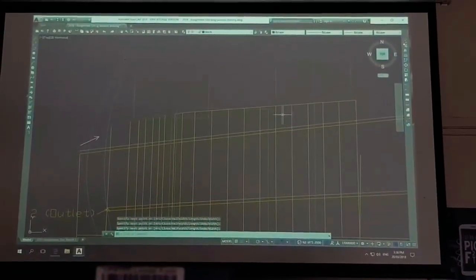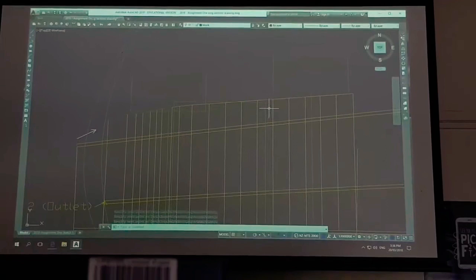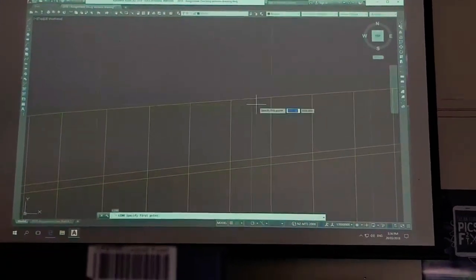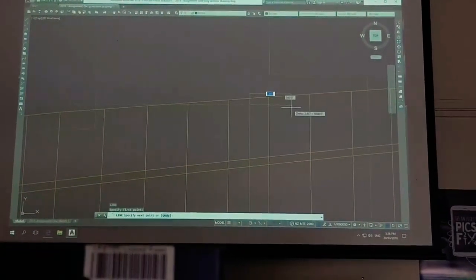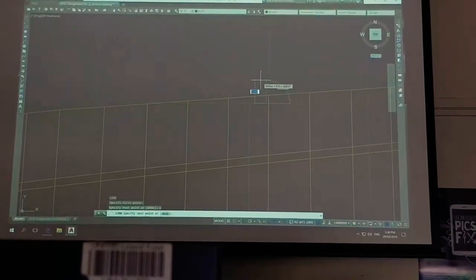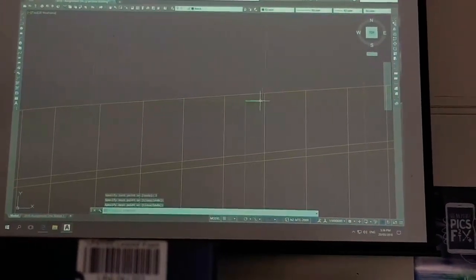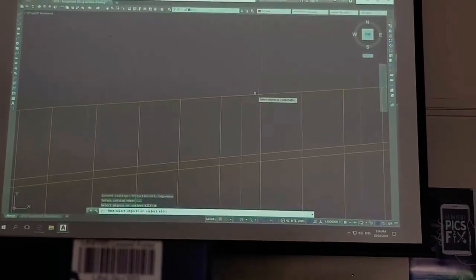Okay, the platform itself is going to have a 1-to-1 slope here, so I'm going to go one up, and then back to here, which will allow me to draw the